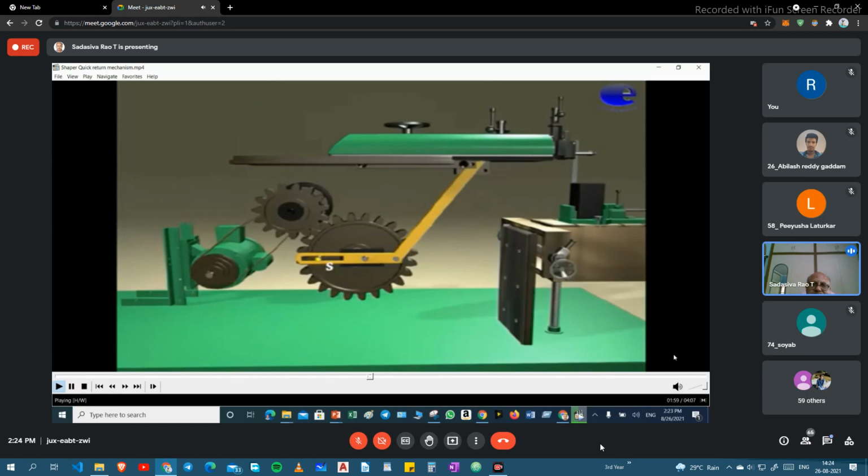When the pinion rotates, the bull gear rotates, and the sliding block slides over the slot provided on the crank plate. The connecting rod converts the rotary motion of the crank plate to reciprocatory motion of the ram. Since the crank plate is connected eccentrically, the crank plate rotates with respect to the point S.